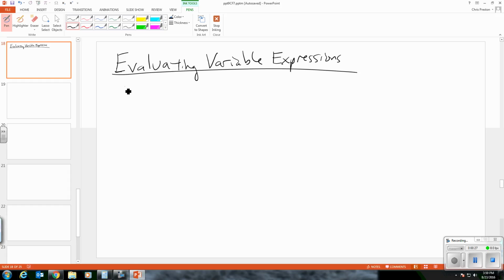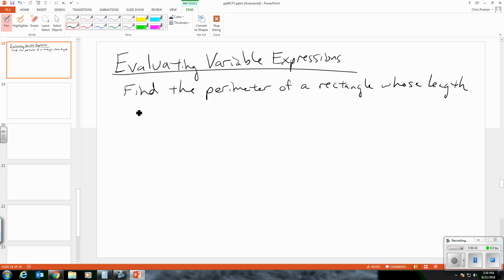If I was told to find the perimeter of a rectangle whose length is 8 feet and whose width is 4 feet. Okay, so